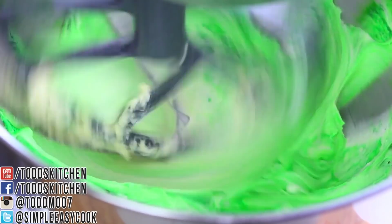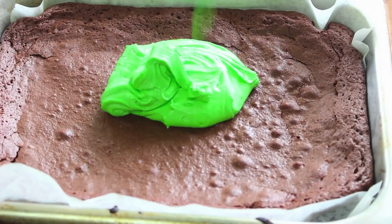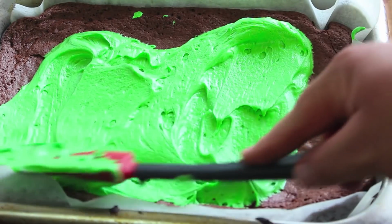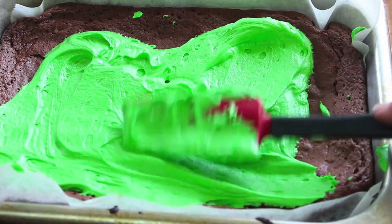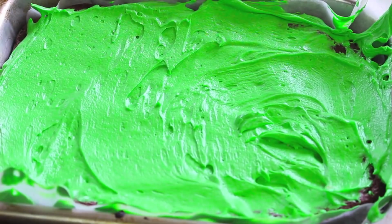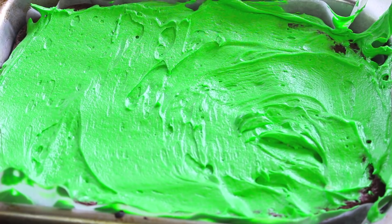And you can make it as green or as light as you like. Okay, so back to our first layer, which is the brownie layer. Now I've let this completely cool down, and all we have to do now is just place on our second peppermint layer. Now once completely covered, just simply place this into the fridge while we get started on the third